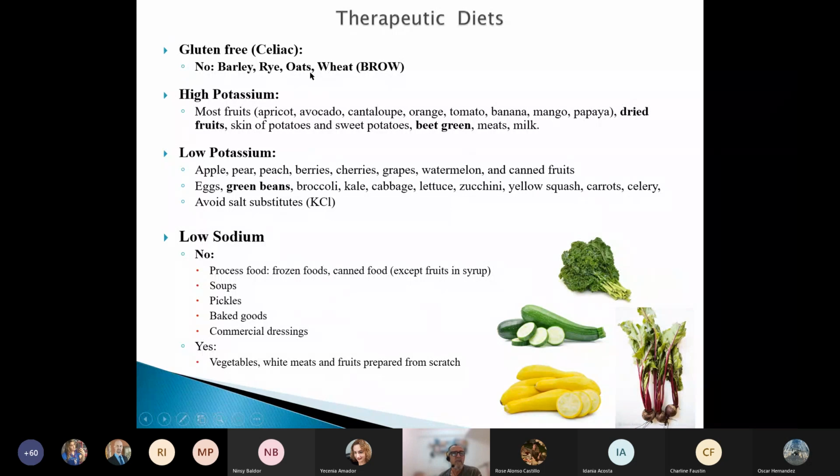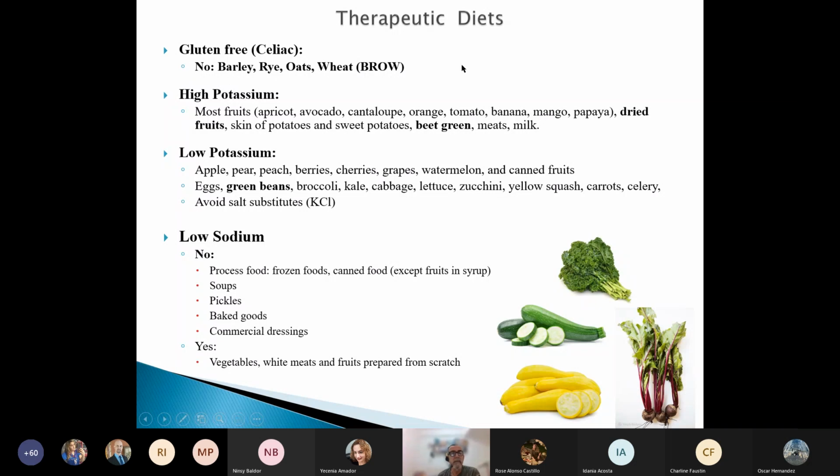Oats is the following, but oats is very easy, because it is either oatmeal or oat cookies. And rye and barley are less frequently used. Remember that rye can be rye bread. And rye is in whiskey, in bourbon, but I don't think it's going to be in the NCLEX. And barley is in beer, but I don't think it's going to be in the NCLEX in a child, because usually this disease is diagnosed very young in children. Okay, if you like mnemonics, BROW is the mnemonic for barley, rye, oats, and wheat.